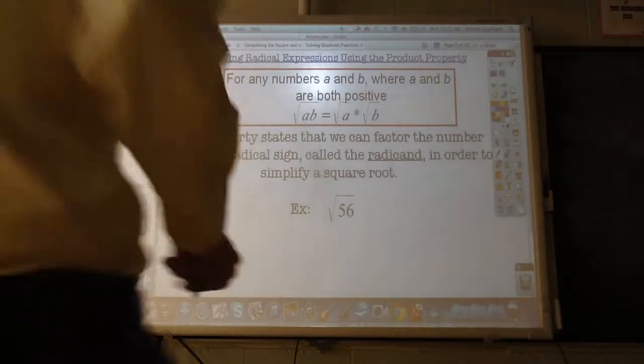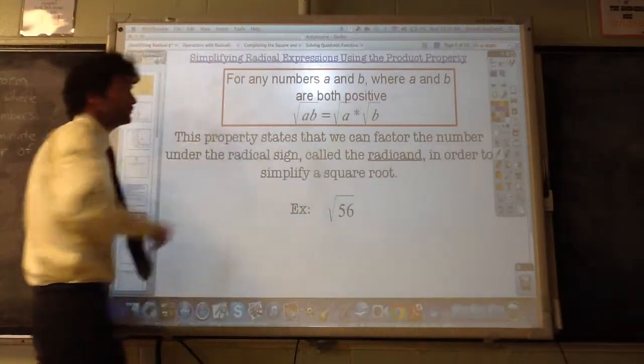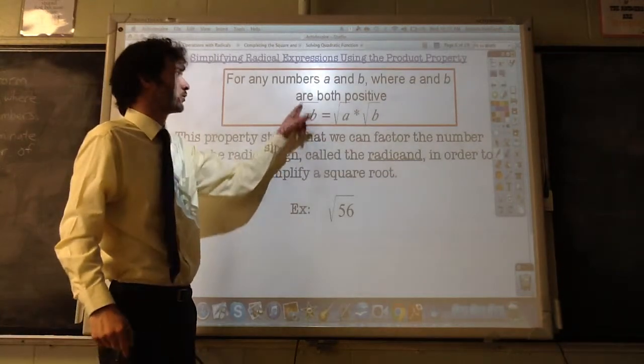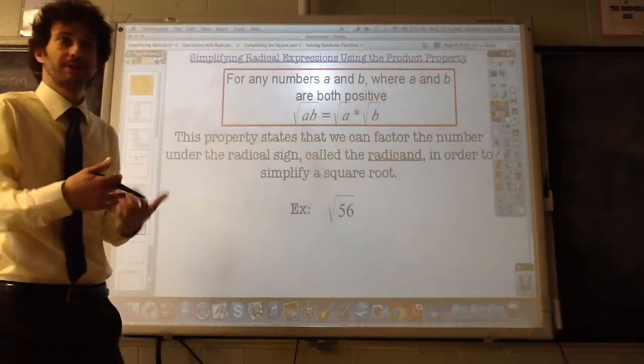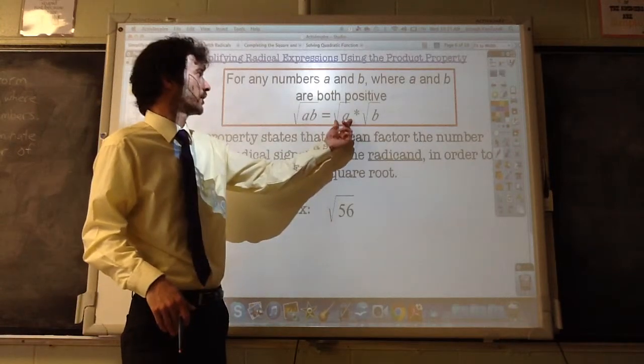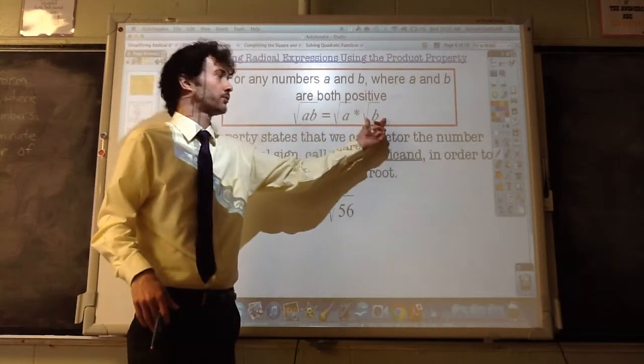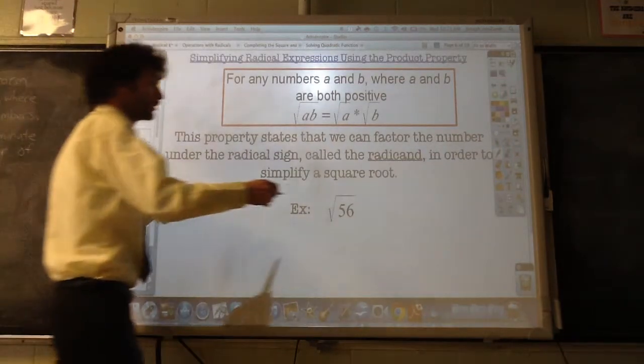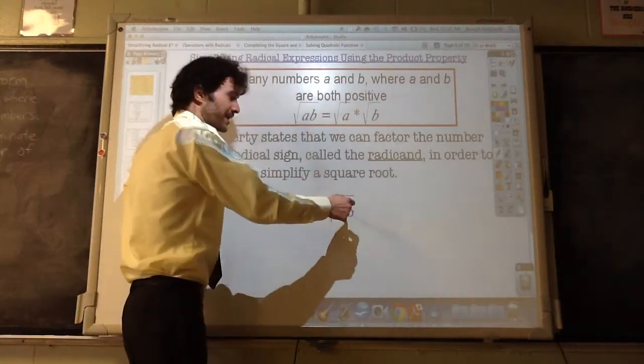Going to talk about today is the product property. And it says if I have two numbers being multiplied under one square root, I can split that up into several square roots. I can split that up into the square root of one number times the square root of another number. And this is useful because if I get a square root that I can't take the square root